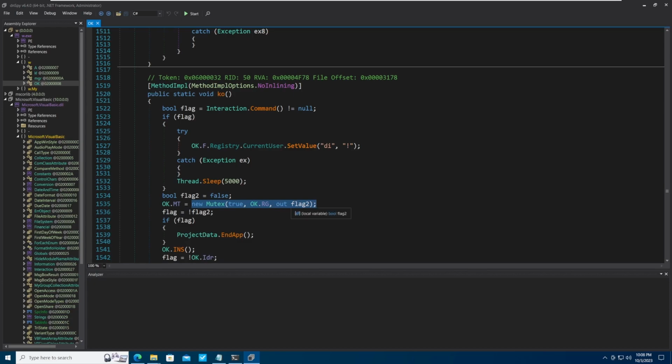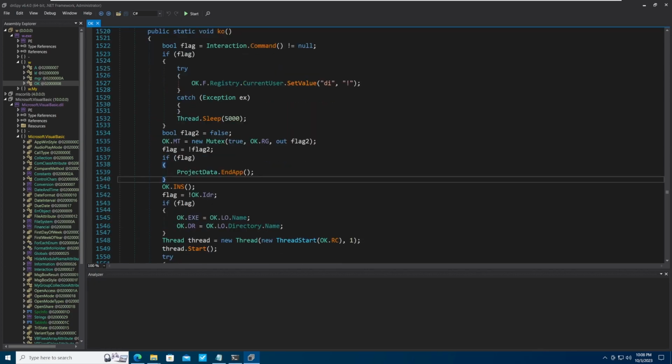Now, when this command fails, flag 2 will become false. And if flag 2 becomes false, flag is equal to not of flag 2, which is not of false, which is going to be true. And if this becomes true, it will go into this if condition and execute this EndApp. So basically it will kill itself. All right, so that's fine. Let's go to our next function, which is